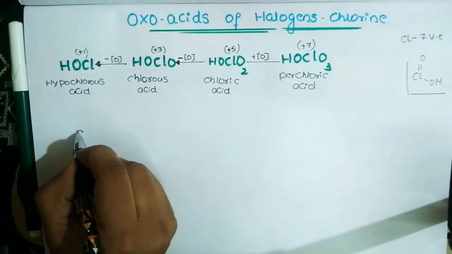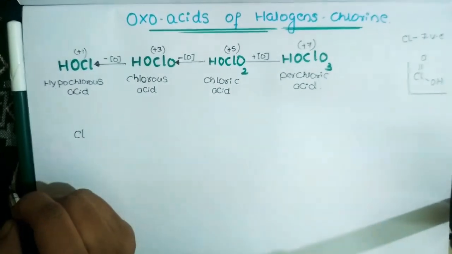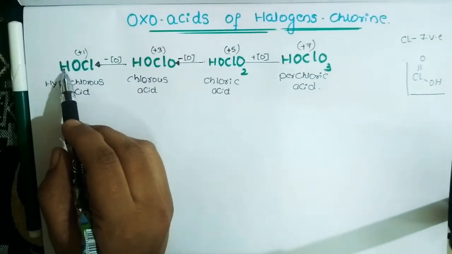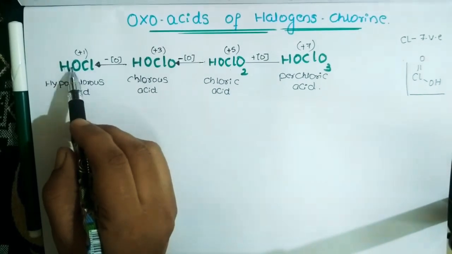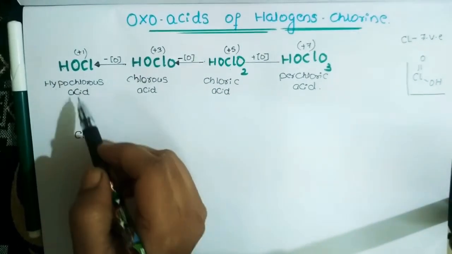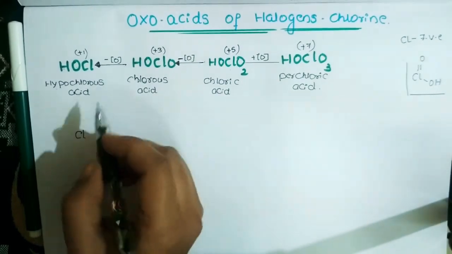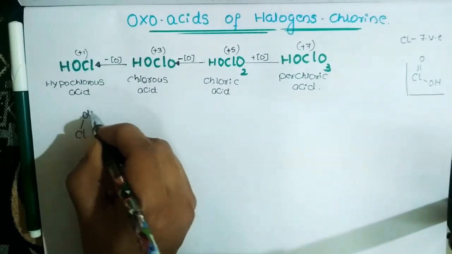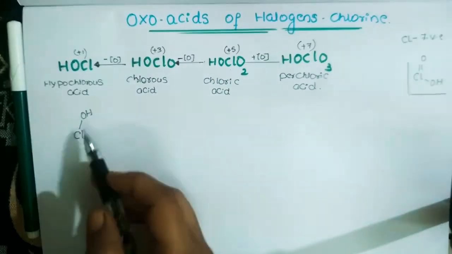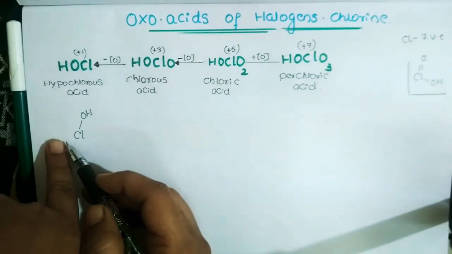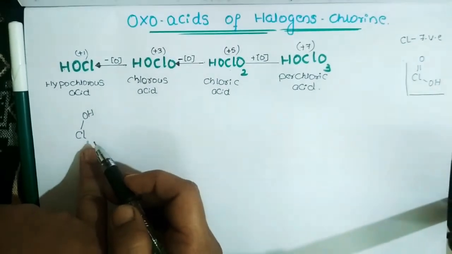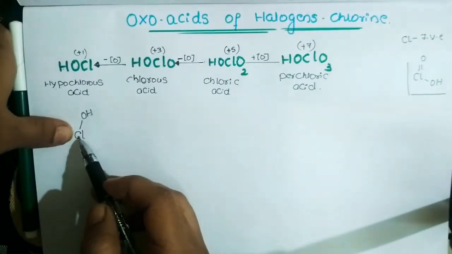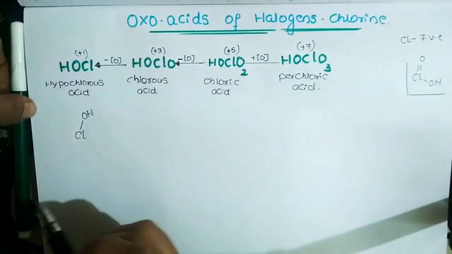So we know the central element is Cl. But here we have only one oxygen and only one hydrogen, so it is not possible that oxygen will bond separately and the hydrogen will directly bond to the Cl. So the possibility is that there is the presence of an OH like this. And there is a presence of valency electrons. So this is the only structure that will differ. This you have to remember: ClOH, that is for hypochlorous acid.